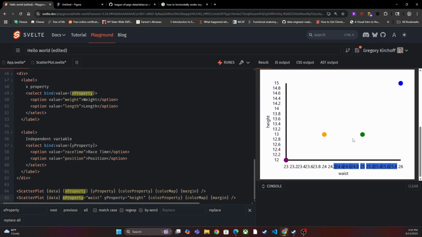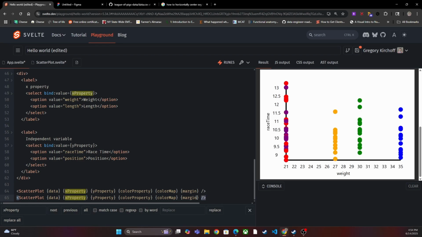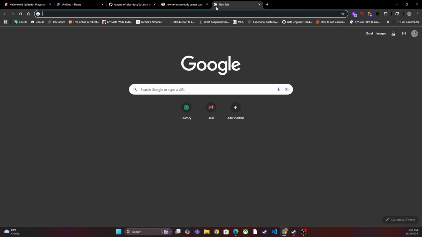There's a lot of overlap because I only took data from one of the seasons, but I need to collect more data where the pigs actually grow and their weights and lengths change. Right now, all their data points are on top of each other. But just like that, we have a very quick and easy way to spam these and add more and more scatter plots and investigate as many things as we want. For example, if I want to go to the Pokemon API,